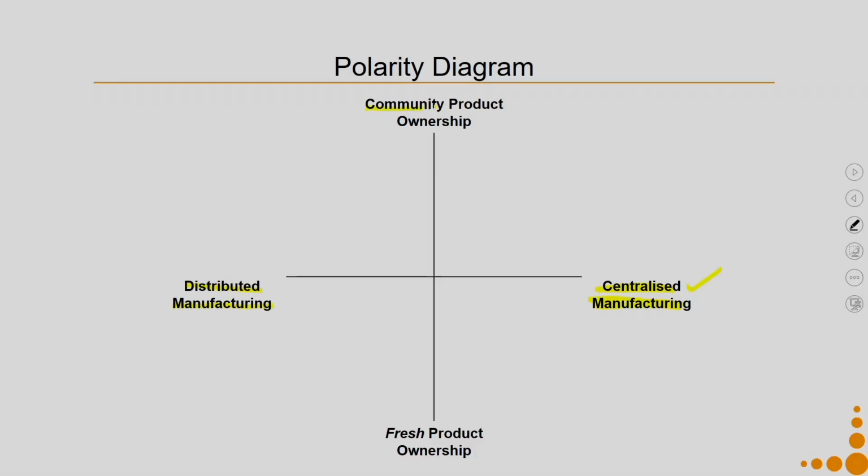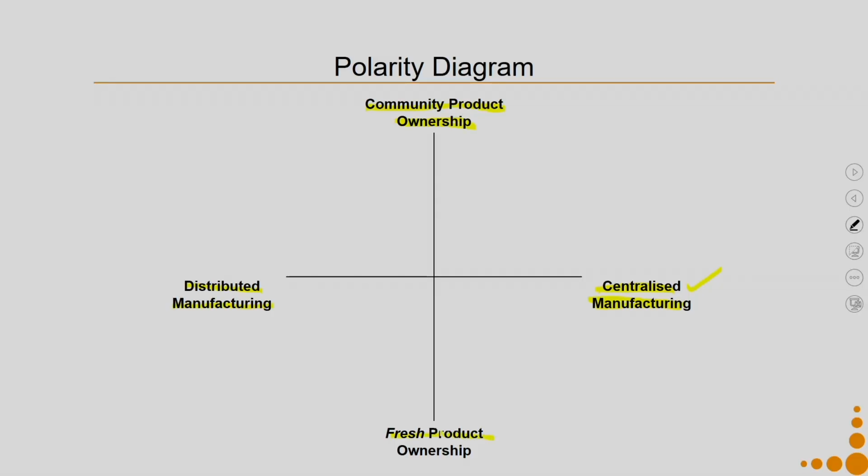Say then I have another idea, which is community product ownership. In one case the product is owned by the housing society, and in another the product is owned by Fresh, so Fresh owns the product and not the housing society. Another case is that Fresh agrees to give you all the services and maintenance at a certain cost, but the ownership is transferred to the community, that is the housing society.